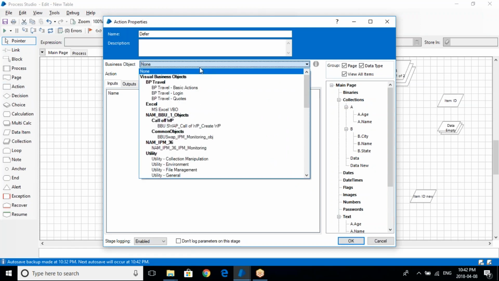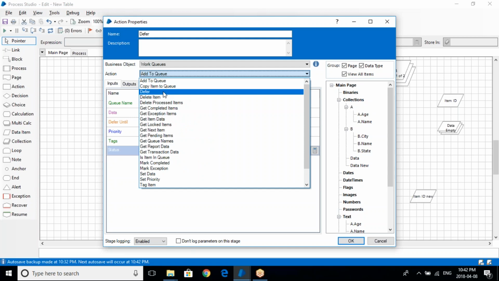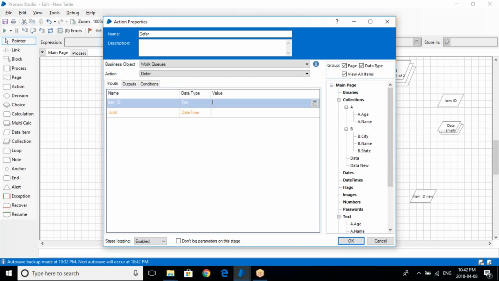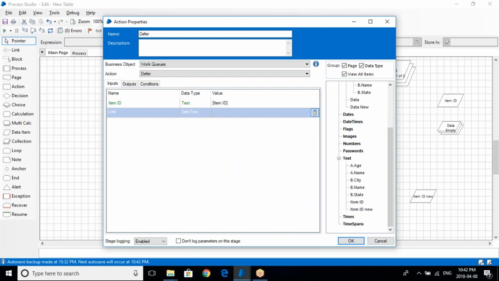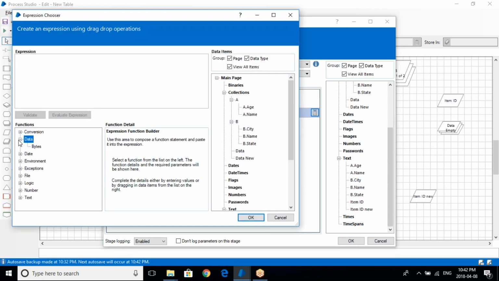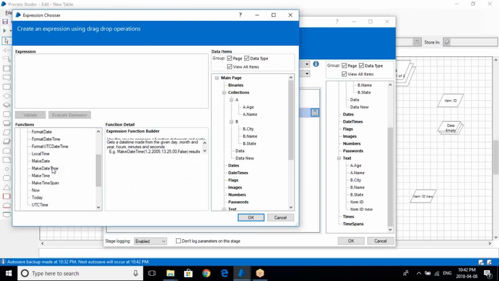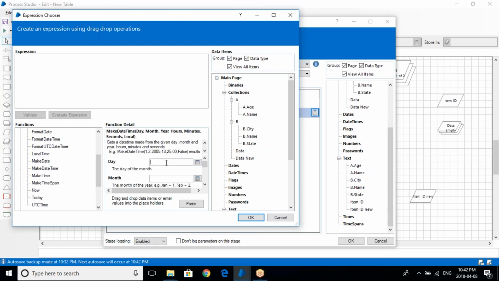So in work queue, you have a defer item. You can select the particular item ID which you wanted to defer, and what time you wanted to defer, you can define here. So till what time you wanted to again retry it. So let's say you can add some make date and time here. You can define the day. So today let's say this or